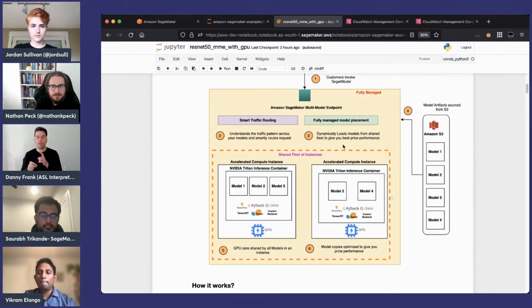What do I mean by that? For the first time when the model is invoked, say, for example, model 1, on the right, we have our S3 where our models are hosted. SageMaker downloads the model dynamically from S3 onto the container instance, and then loads it onto the container memory and serves this model. Smart traffic routing. So when a request comes for model 2,